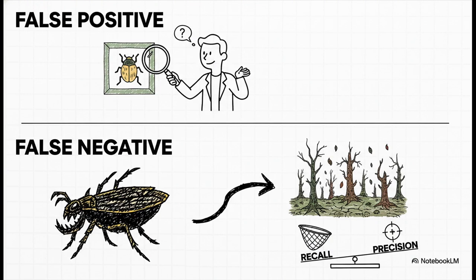Okay, let's take a case study, an invasive insect detector. Imagine we're building a model to spot a dangerous bug that could wipe out local crops. What's the cost of a mistake? Well, a false positive means we flag a regular beetle by mistake. An expert wastes 5 minutes looking at it. No big deal. But a false negative? We miss the bug. It reproduces. An entire infestation happens. The cost is absolutely disastrous. In this case, you cannot afford to miss any. You have to prioritize recall, catch everything.